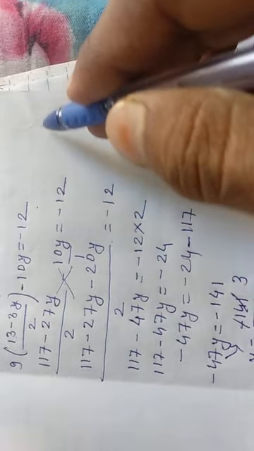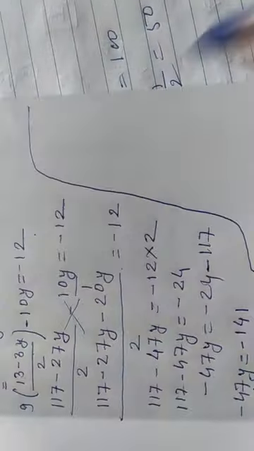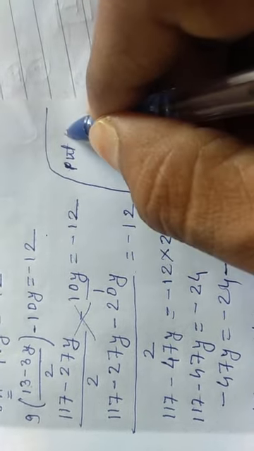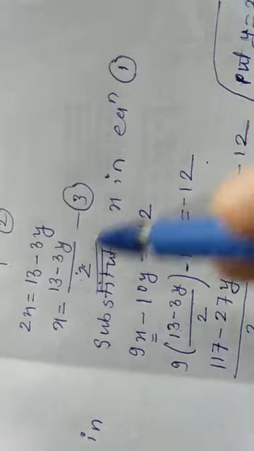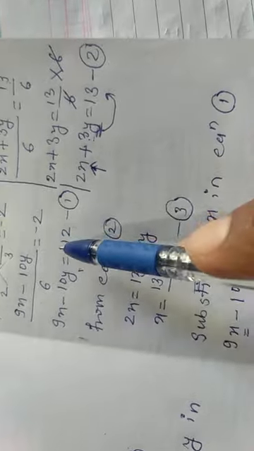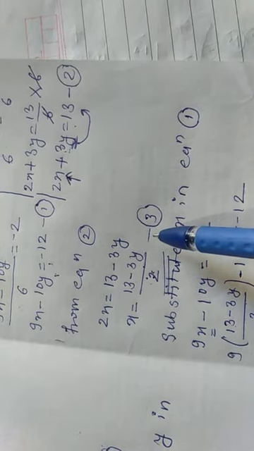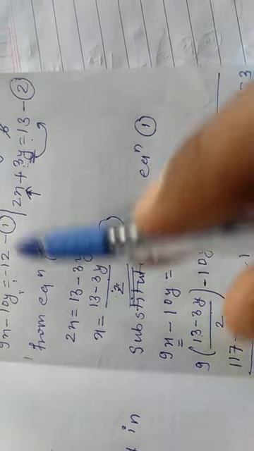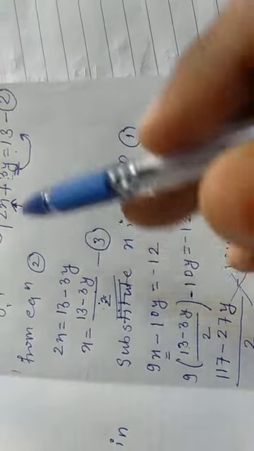Now what I will do here, I will put the value of y, y equal to 3, in an equation. Which equation? Directly we have to obtain the value of x. You can put the value of y in equation number first also, or equation number second also, or equation number third also. In any equation you can put the value of y, you will get the value of x. आपने अगर y की value कोई भी equation में रखी तो आपको x का answer मिल जाएगा. बट मैं यहाँ पे x मैंने already solve किया है, तो मैं equation number 3 में रखता हूँ. आप कोई भी equation में रखो और check करो कि answer वही आता है या नहीं आता है.